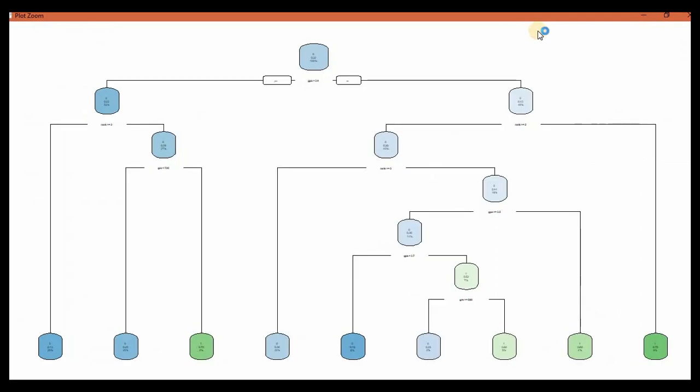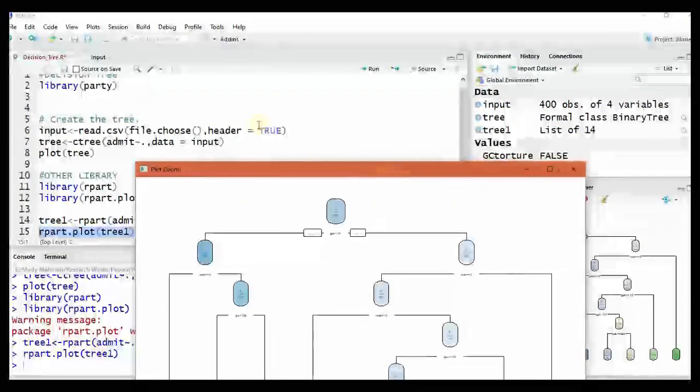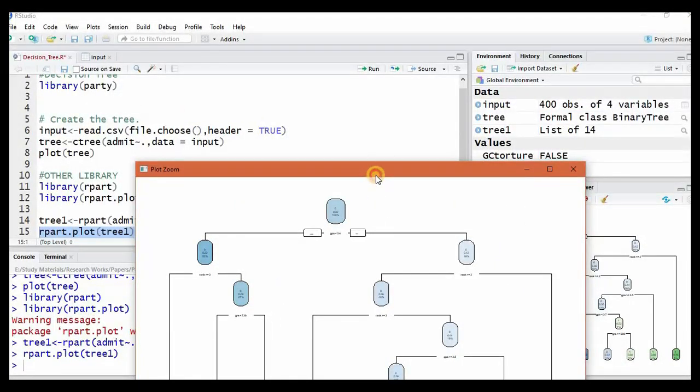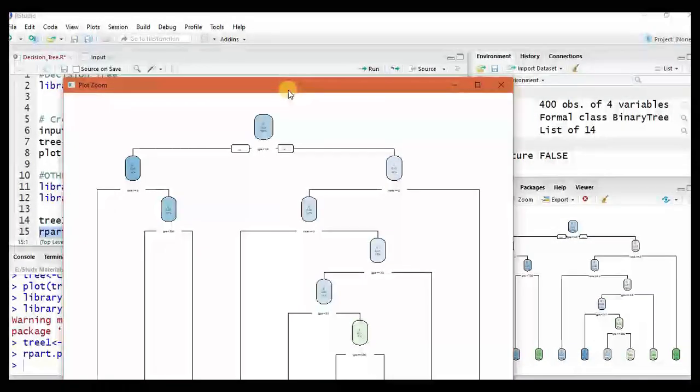Now you obviously use a different decision algorithm, that is why the tree is different, and this is how the tree looks. So obviously this tree has a lot more branches, and GPA is the first attribute that it selects to make a branch or split. Obviously this has more depth than the tree in the case of party. So as far as this example goes, the party package has developed a better tree than the rpart package.